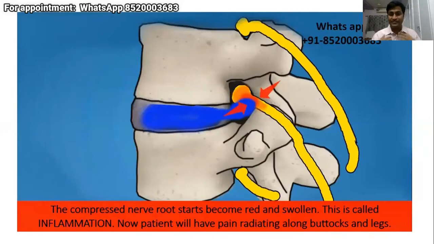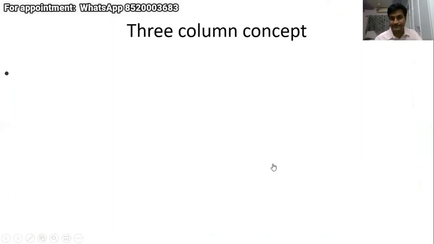So as a physiotherapist, your aim is to decrease these repetitive movements which cause pain. Unless you know the pain of a lumbar disc increases in flexion, you will not be able to decide what kind of treatment you need to give. So from this picture, one thing for today's session which is very important is that pain because of a lumbar disc increases in flexion. Fine. So we'll go to the next one.